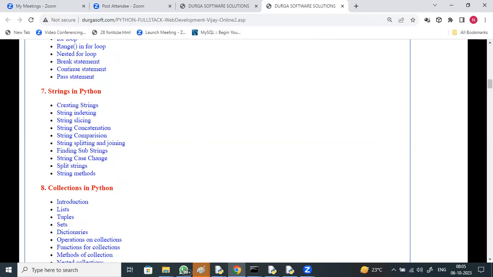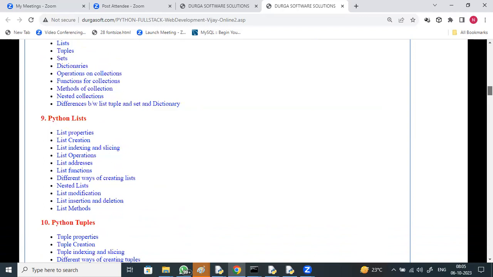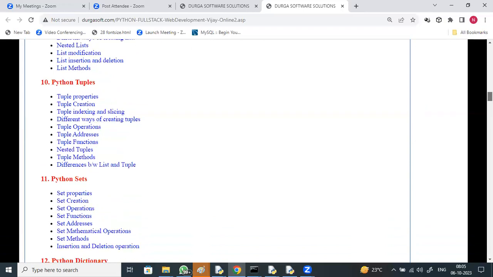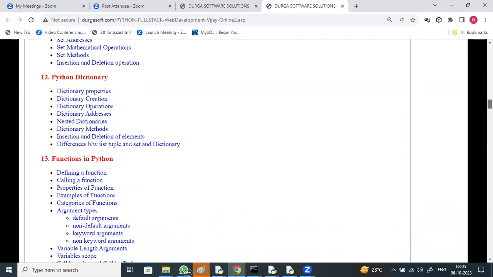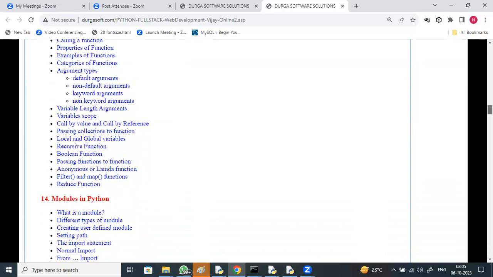List, tuple, sets and dictionaries, list operations, list indexing, list slicing, list functions, list methods, list addresses, nested list modifications. Similarly for tuples, sets, dictionaries, functions in Python in brief, different types of functions, different categories, different